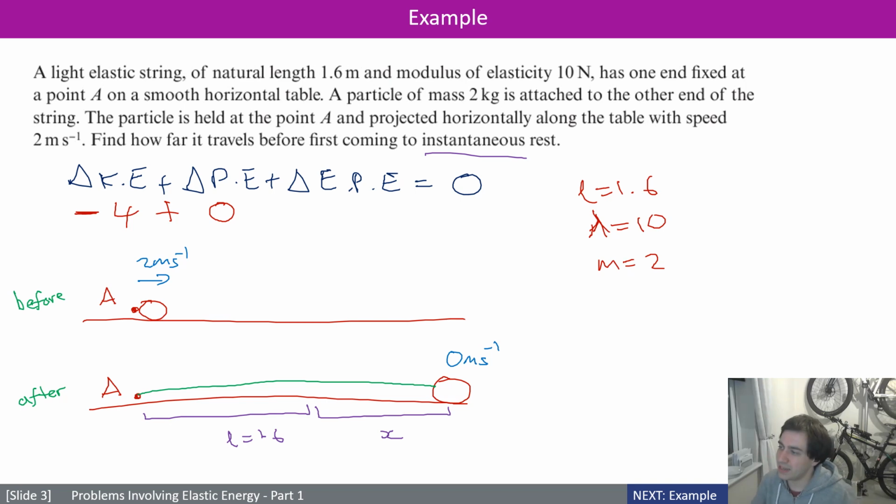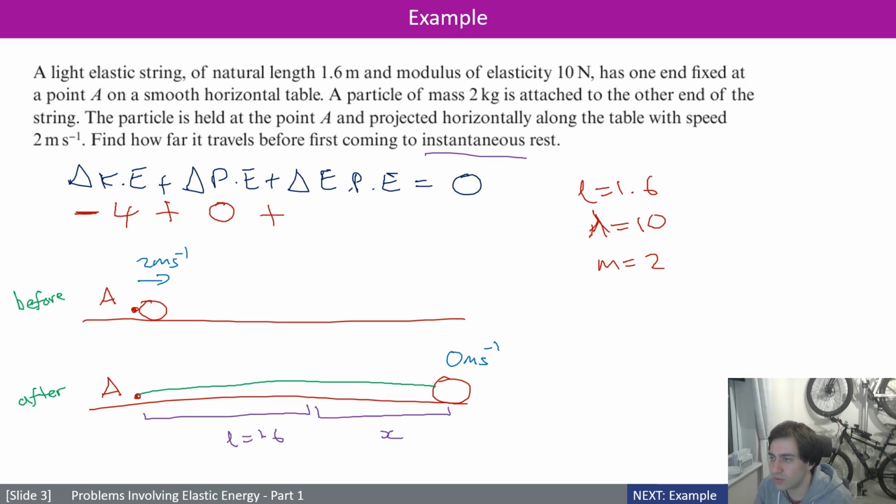Really, PE in that context, maybe it's better to call it GPE, because PE by itself is a bit too generic. I'm going to continue writing PE and just assume that by default we're talking about gravitational potential energy. If you want to write GPE to make it a bit less ambiguous, that's probably a good idea. EPE then,